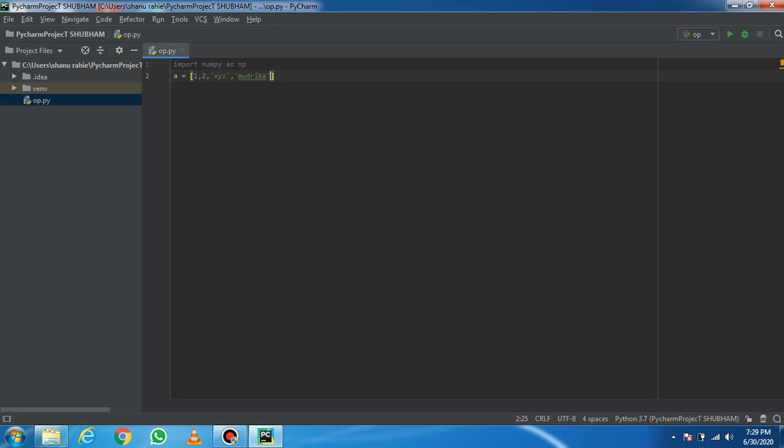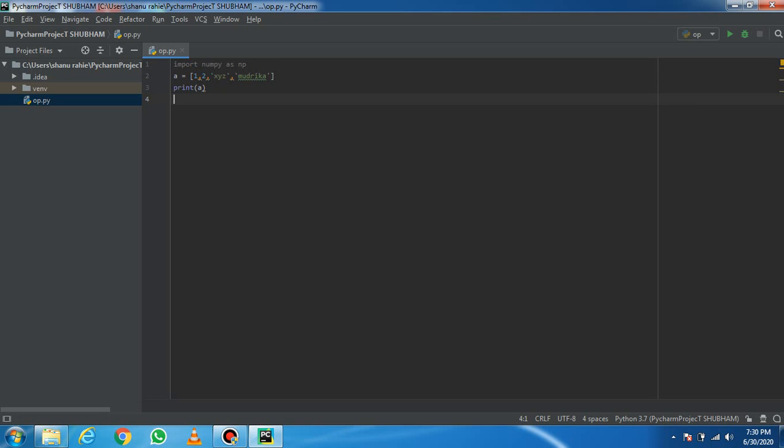So this is also an element. Is that clear? We have completed our list. Now in the second line I am going to print this list. I hope this is clear to you.